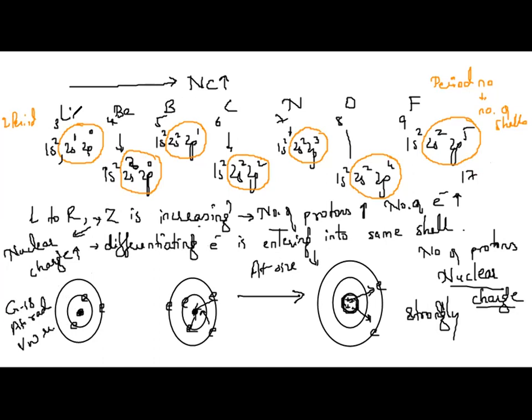So right now you try to understand, when you move from left to right in the periodic table, the atomic size decreases. The atomic size decreases. Okay. Now, when you move down the group,